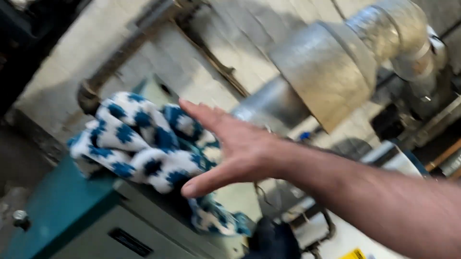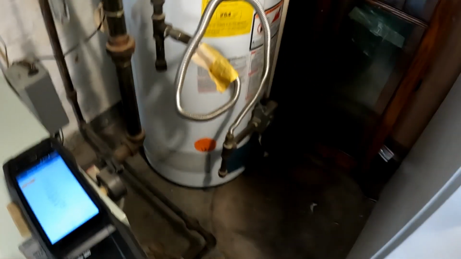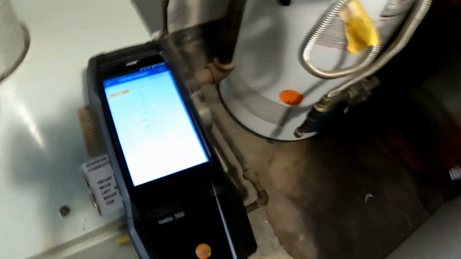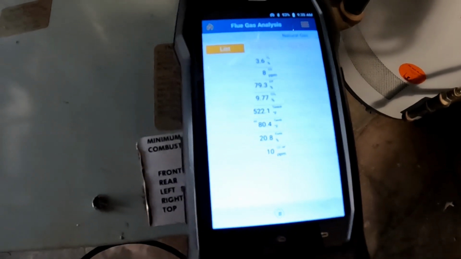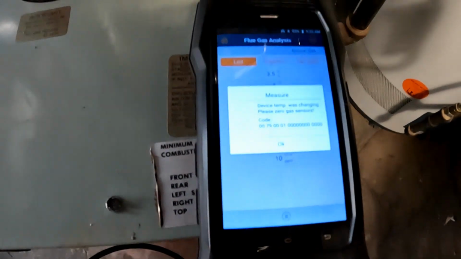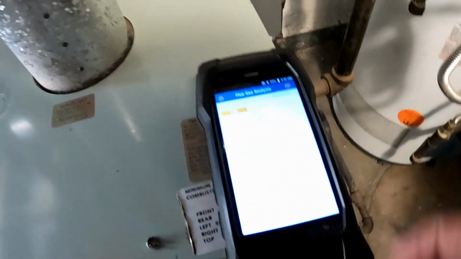Okay, this is a house that has an older slant fin boiler. Now, I've been running this for over 12 minutes. And as you can see, we have an oxygen level at 3.6, which is very low. It's not the gas regulator. And then we have a draft gauge. It's below 2, it's a 0.15. So we had a sensor problem here, but